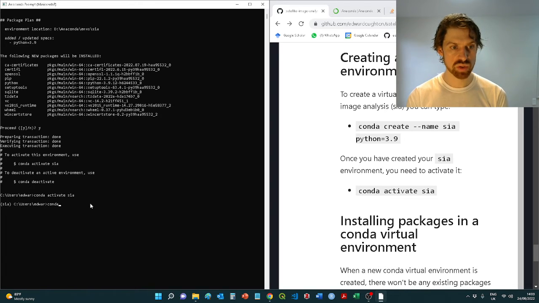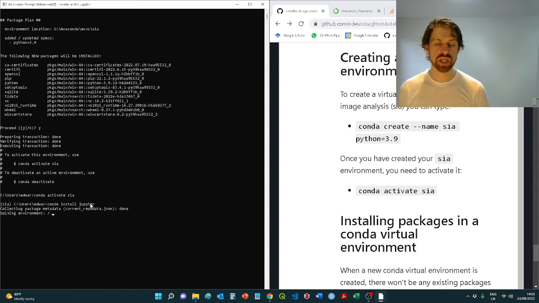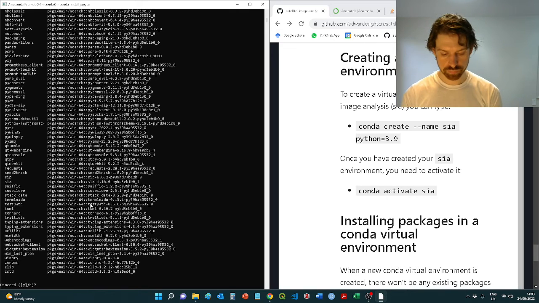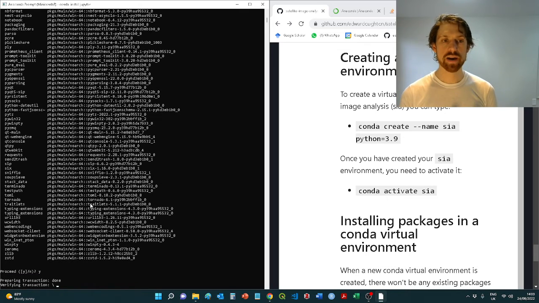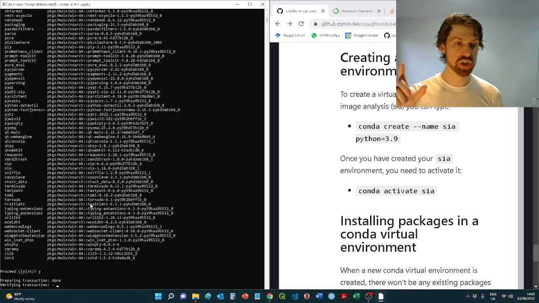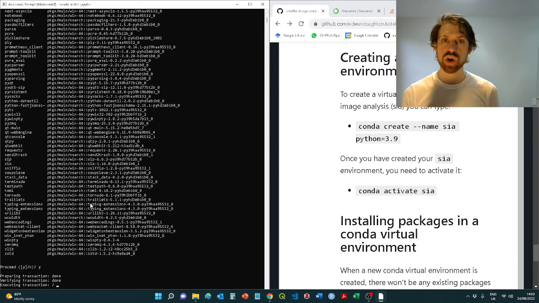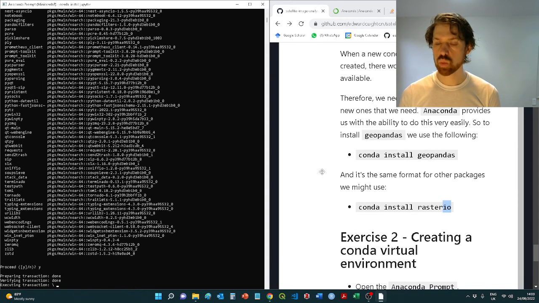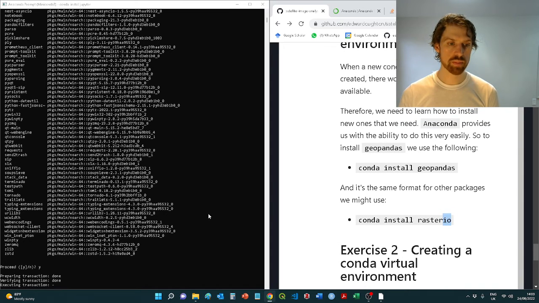Now what we want to do is go conda install jupyter. What this is doing is saying, okay, go to Conda, and then we want to use the install function. So Conda knows that it needs to go off and install into the current environment whatever package name you tag on the end after those first two commands. So conda install jupyter would enable us to